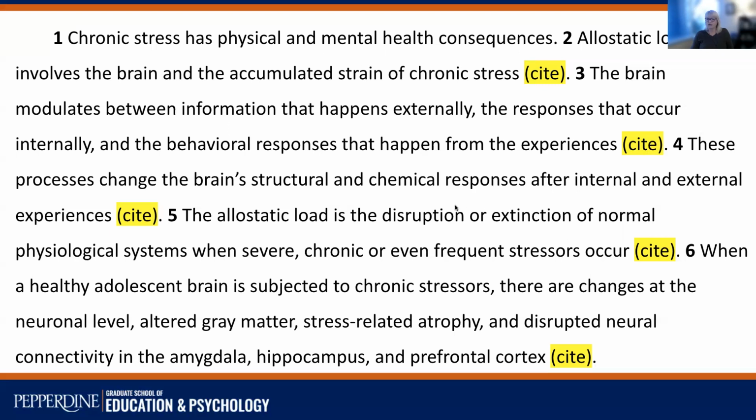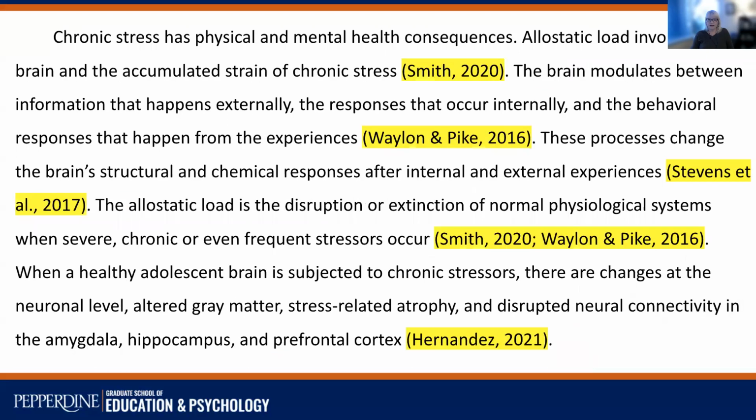But I want to show you two options that often work with citations in a paragraph like this. So here's the same paragraph, and I added some citations here. This would be an appropriate level of substantiation for something like a literature review, where you are reading multiple sources and then paraphrasing those sources and synthesizing them, pulling them into a new paragraph.